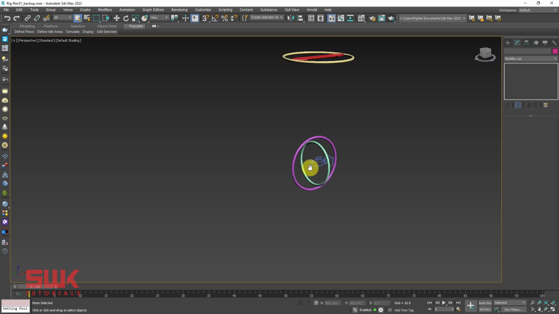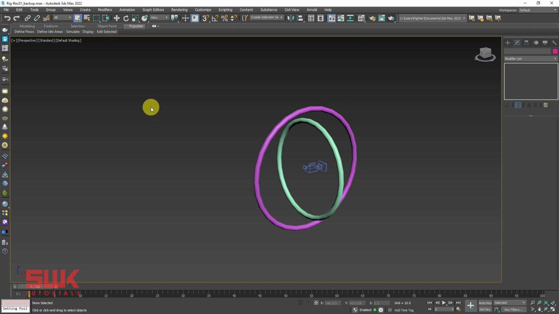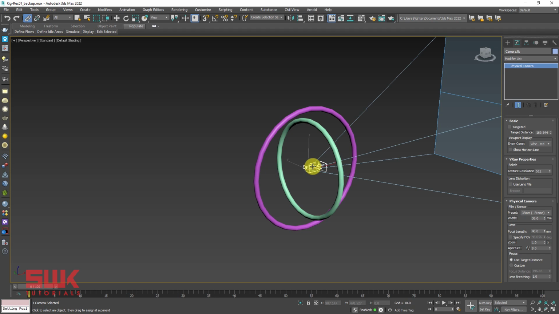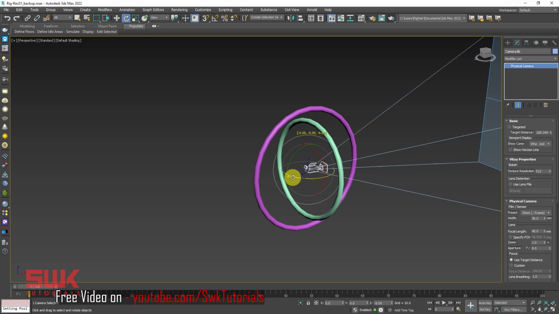Now I will start linking them. I will click on select and link. I will left click on the camera, hold my left click and very carefully release it on the rolling control. Now click on the rotation and check.